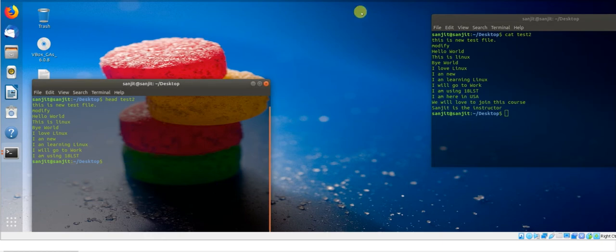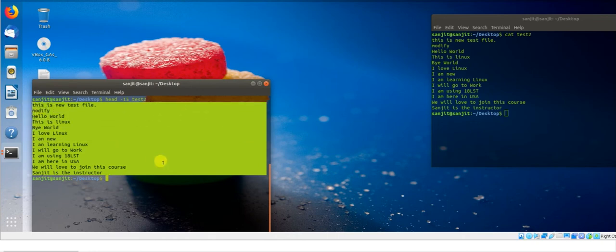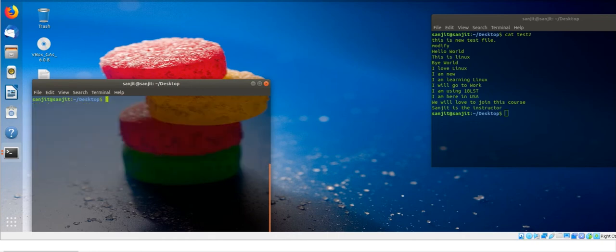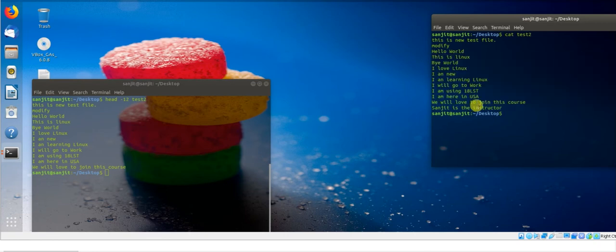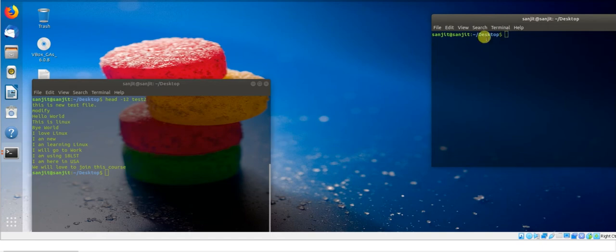So let's say you want to increase the range. You just need to put, let's say, minus 15 as the range. Minus 15 means you want to read the first 15 lines. Hit enter. See, now it's showing all 13 lines. Let's say I hit 12. There are a total of 13 lines in my file, right? I hit 12, so it will show till the 12th line. So in this way you can increase it, but by default the range is 10. You should be aware of that.